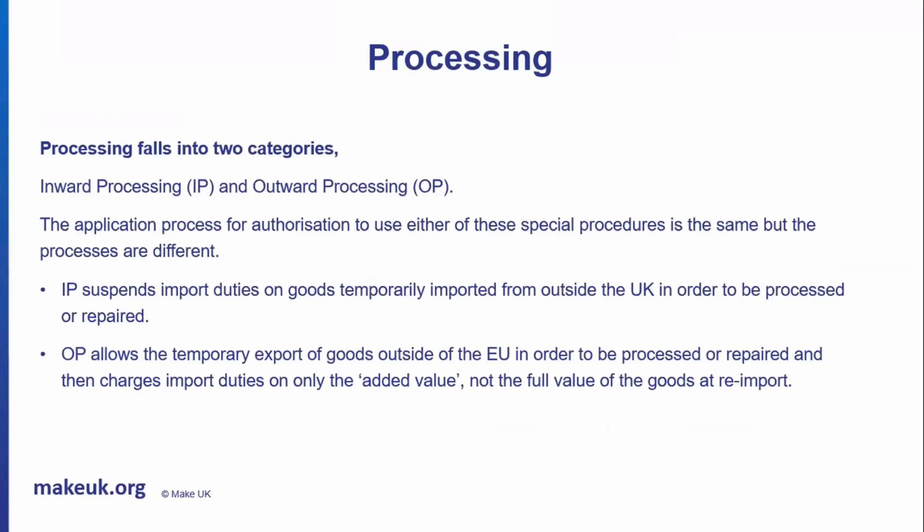Next, we look at processing. This is for those businesses who are either receiving goods into the UK for processing, some kind of action that they're carrying out on either the raw materials or the parts that are coming in, which are being re-exported. So currently, as we speak, the EU is the customs border. That would necessitate something coming in from a third country outside of the EU and then being re-exported outside of the EU. But again, with the border being the UK from the 1st of January, inward processing and outward processing,